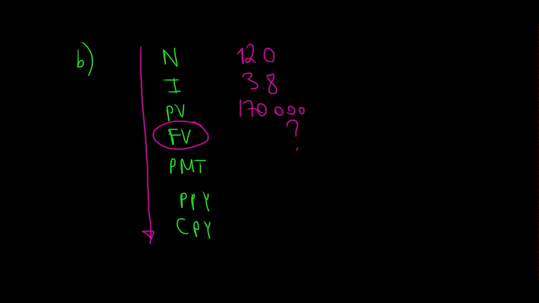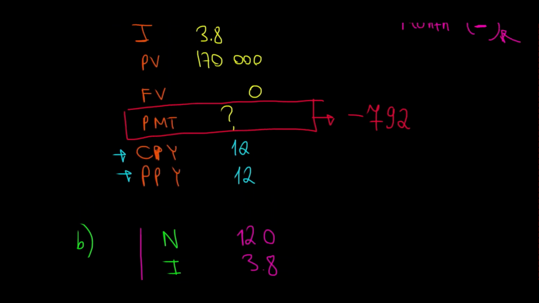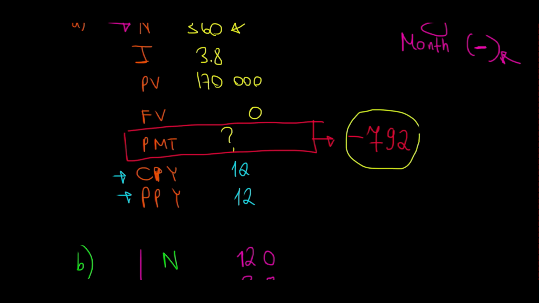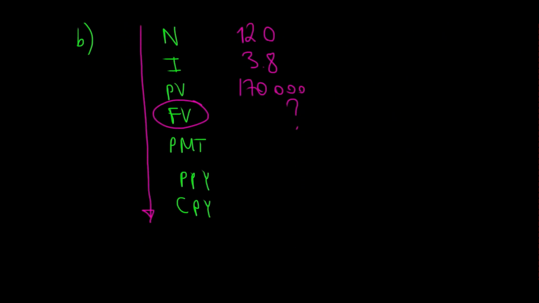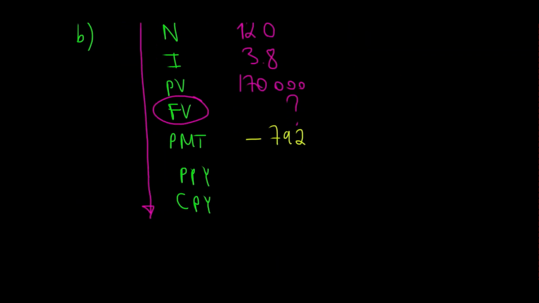The payment, well, you know the payment. The payment is 792 every single month for the next 30 years. So minus 792. And then these ones are still 12 compounding periods per year, 12 payments per year. You do all that